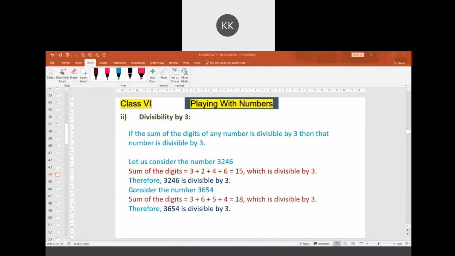Now Paras has a doubt. He is asking, please explain the test for divisibility by 2. I am going to unmute this. I'll ask one of you to tell the test for divisibility by 2, which is not a difficult concept which we learned in class 5. Yes, Nikhil? I have asked Nikhil to say it. First, Nikhil will say.